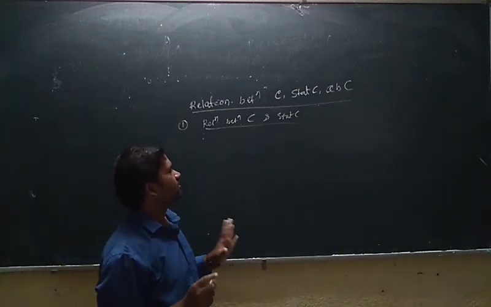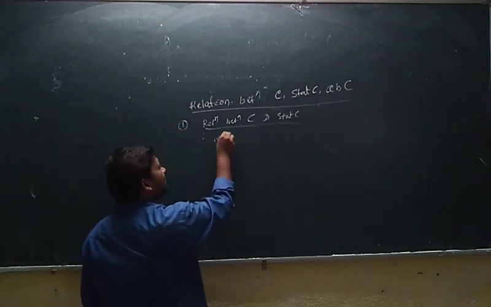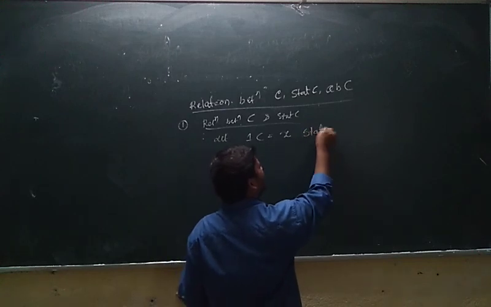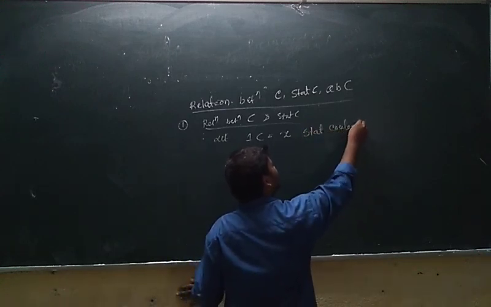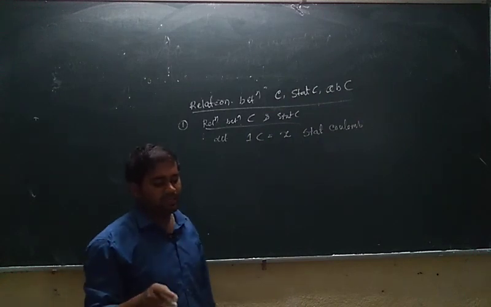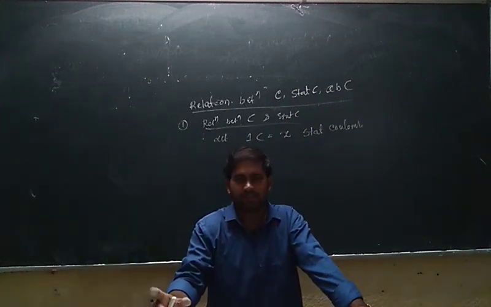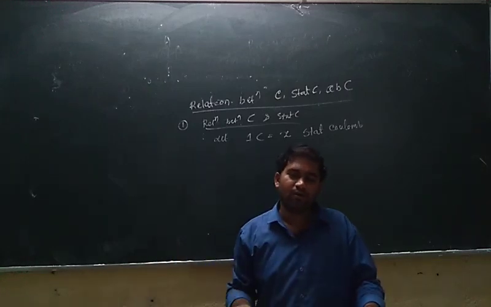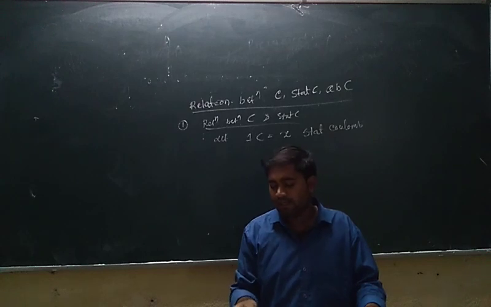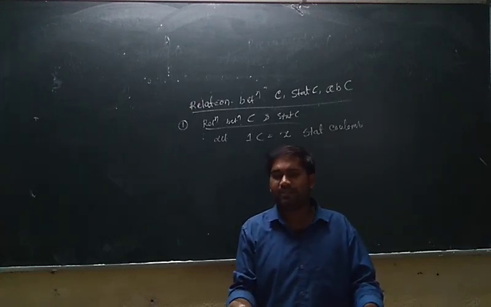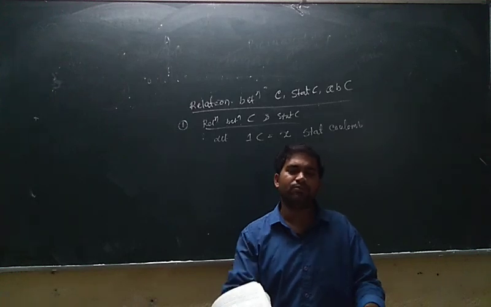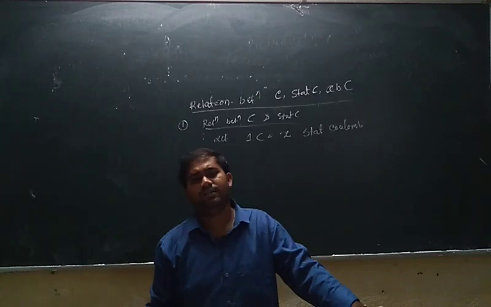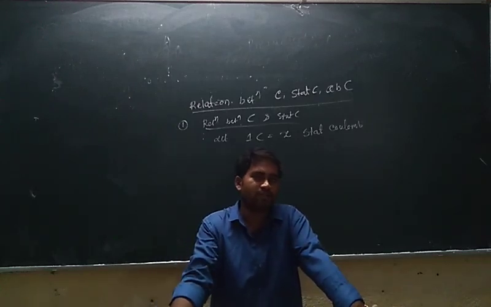Suppose I write here relation between coulomb and stat coulomb, and I consider let 1 coulomb is equal to x stat coulomb. So what is the value of x that we have to calculate? Okay, so let's start from the calculation of the SI unit of charge. That means in order to find the relation between Coulomb and stat Coulomb, you have to move from SI system to CGS system, and the SI system of charge, that is 1